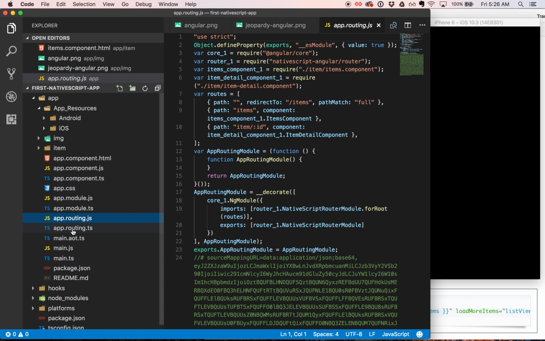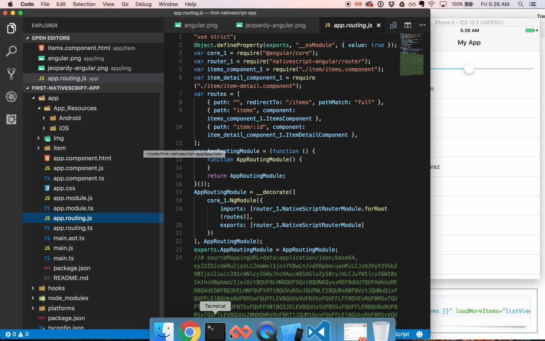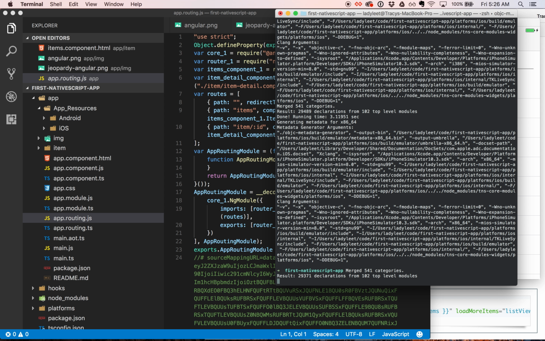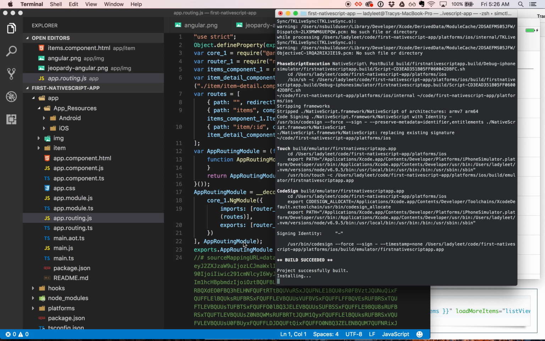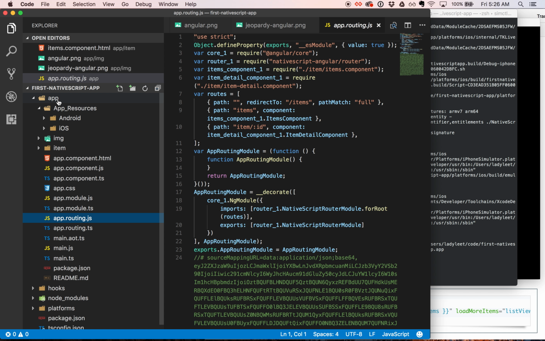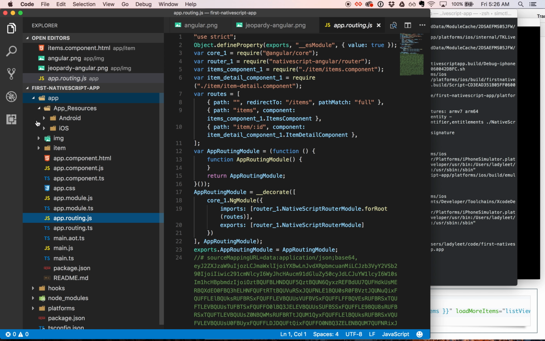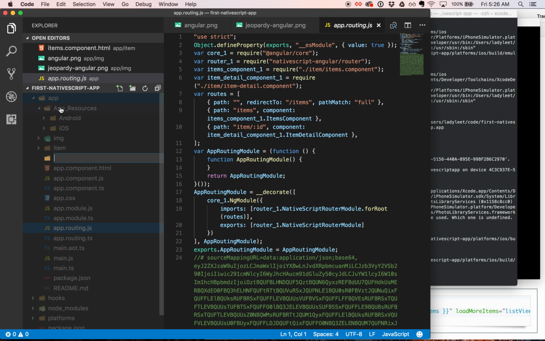Let's do the router first. So let me create a new component. Can I use the CLI? It won't work with NativeScript, so that's something we have to do manually for now. Okay, so I just create a new folder, it looks like, right? Yep. And I'll call this